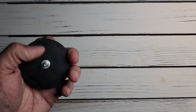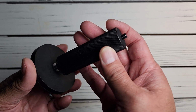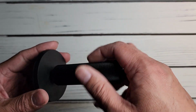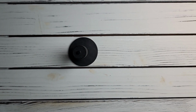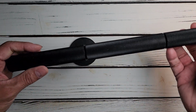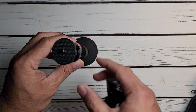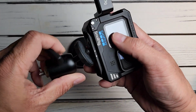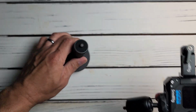Another way I've done it is I have these magnetic ones with 1/4 inches. And if I needed to elevate the shot a little higher, like I mounted this on the top of my car, and then this magnet piece holds on to that roof, and then I extended the rest of it even higher, and then I have a ball head such as this, and it mounts to that, and then you rig the camera on top so you can get a unique angle. Imagine that,